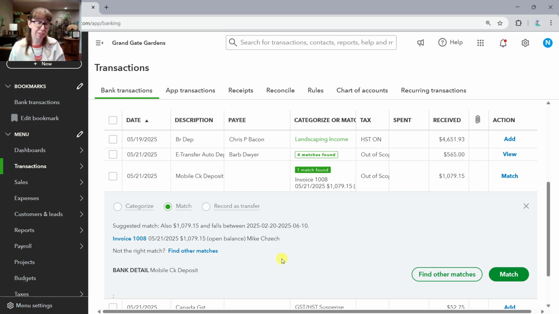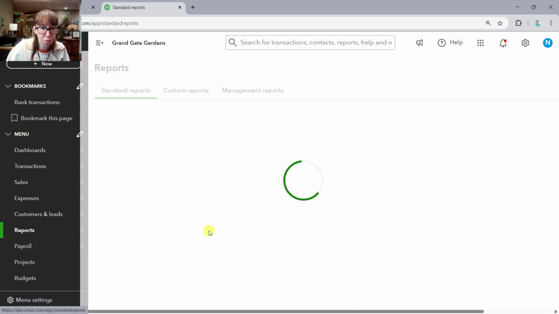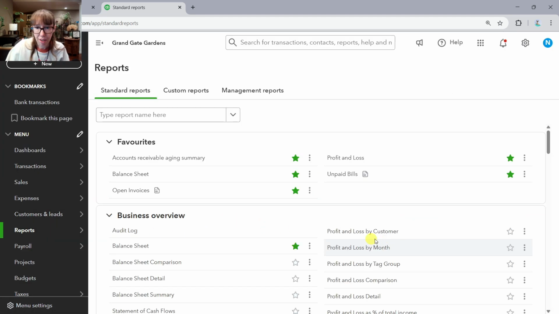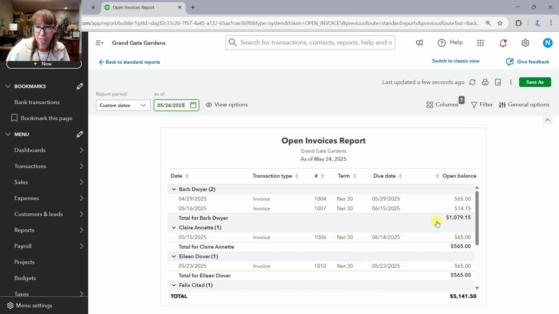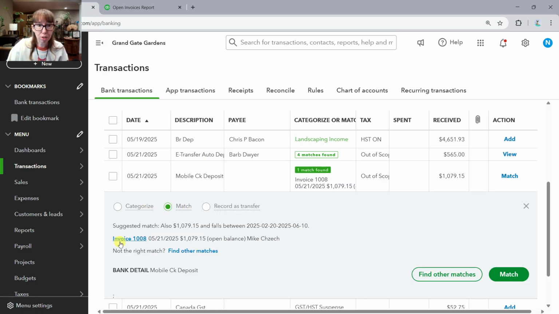And if we were to look at the accounts receivable right now, let's go take a look. I'm going to duplicate and go over to the reports and open invoices. We can see that actually Barb Dwyer owes us $1079.15 also for two separate invoices,